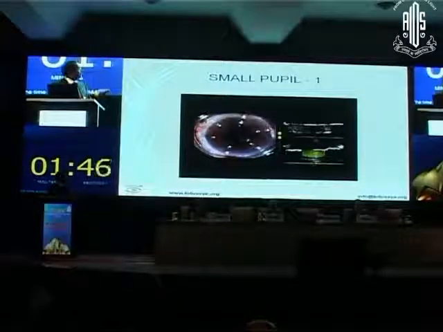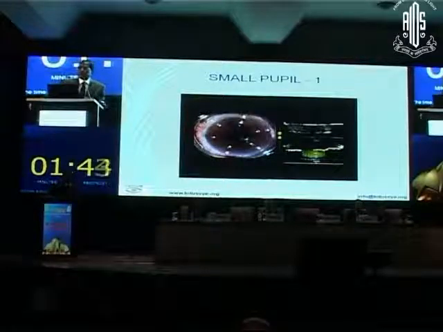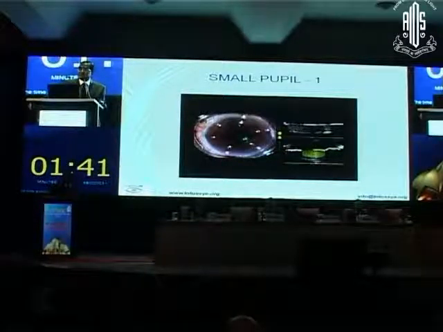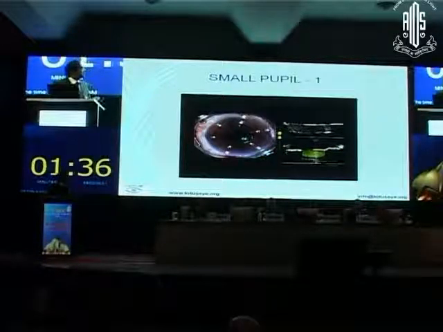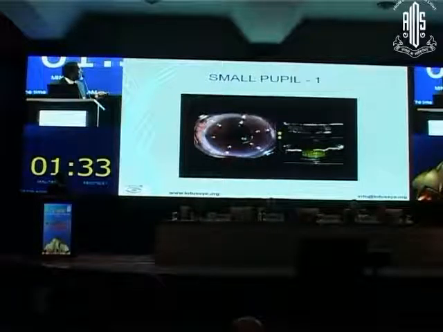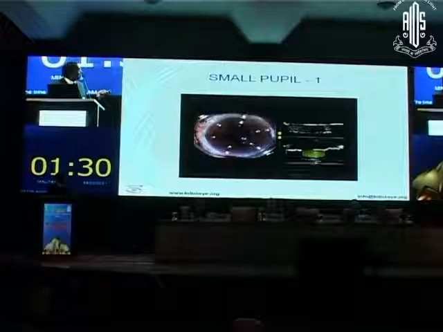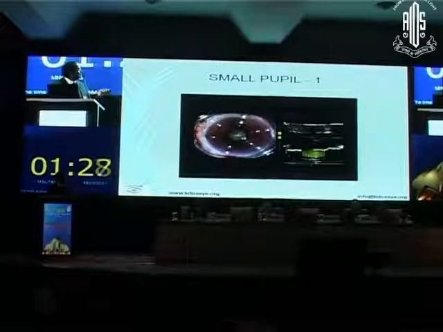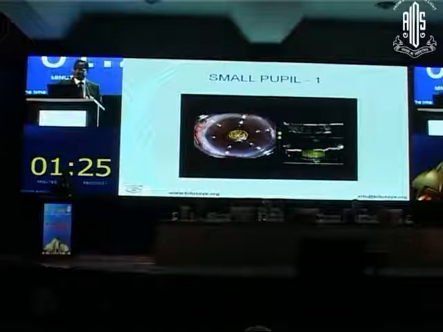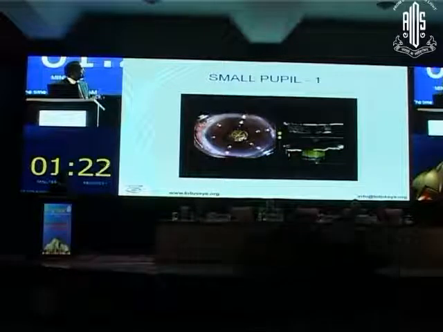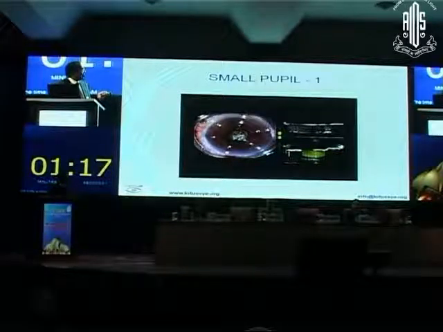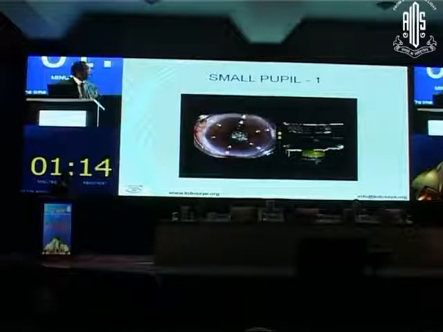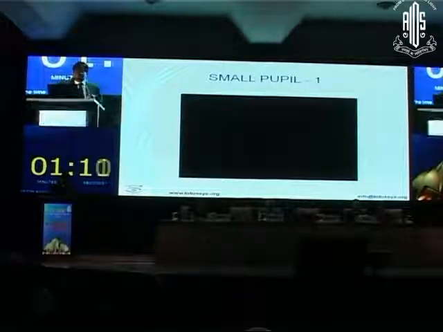There is a small pupil. With a small pupil, the smallest you can go with the femtosecond is about 4.6 millimeters. I don't go less than 4.6. It's very difficult to perform. So I just put the femtosecond on. You can see it going to the edges of the iris all around. You can see the pupil constricting the moment the laser is delivered because it's very close to the pupil. And the air bubble and the rest of the procedure are done. But you may have postoperative difficulty in removing this.